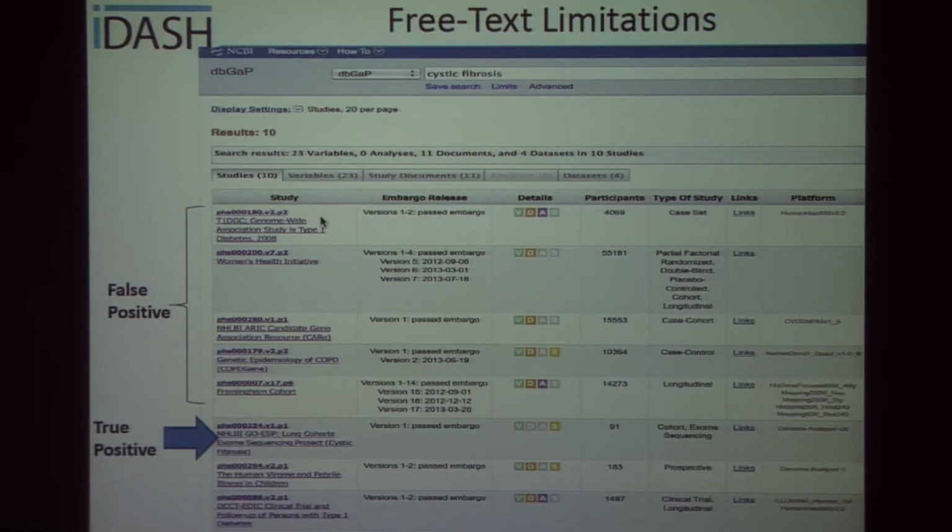And so in this example, I'm showing a screenshot of a free text search which returned 10 studies, first 5 of which I'm calling false positives, and the 6th of which is the target study which I was actually looking for. And so what we try to take out of this is that many searches have problems like these, where the list might be in incorrect order, where the studies that are actually retrieved might be incorrect altogether. And the simple searches, the free text searches, also have to be limited to 2 to 3 key terms.